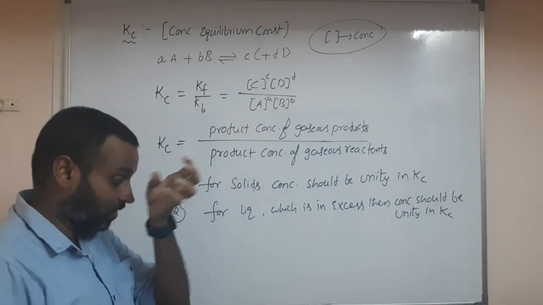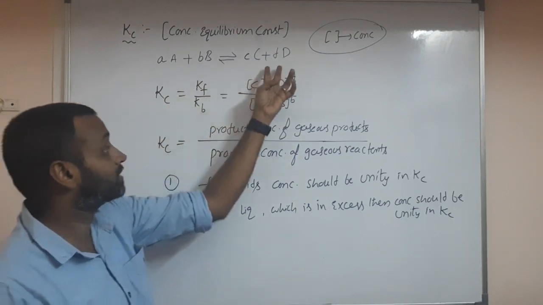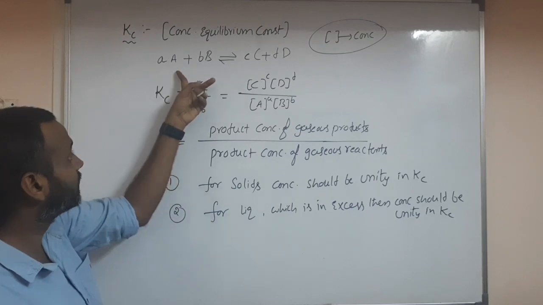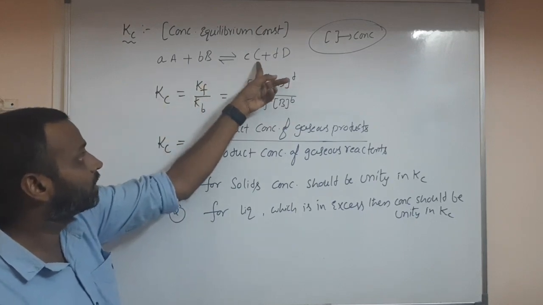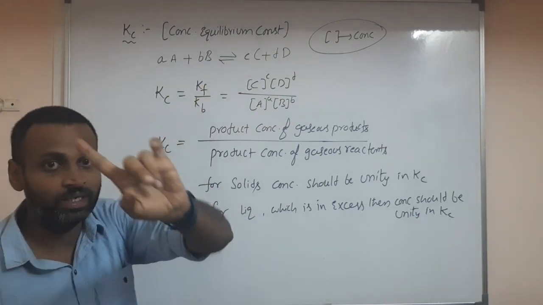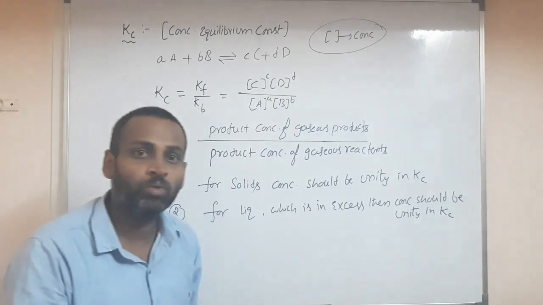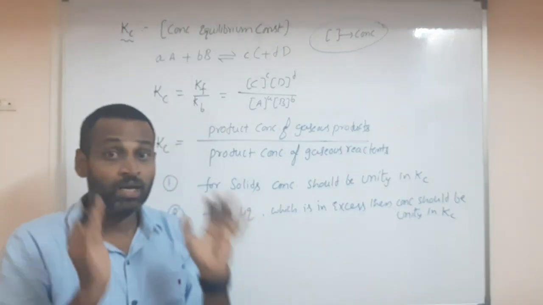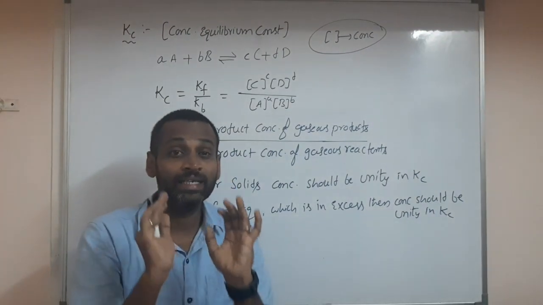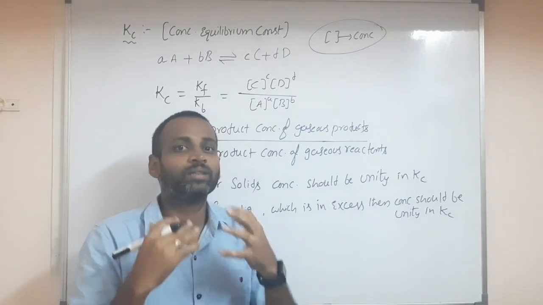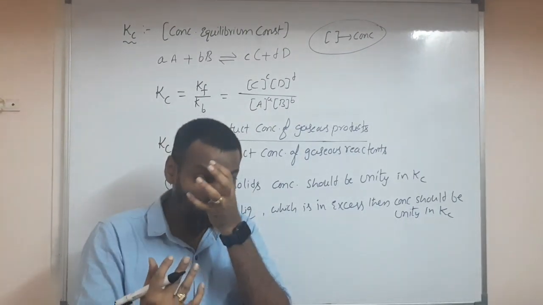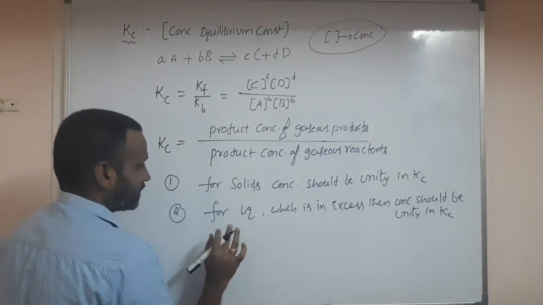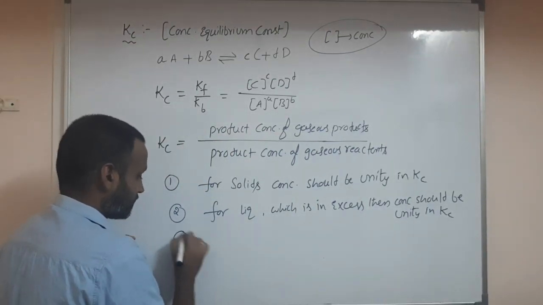So for gaseous reactants and gaseous products only we will take concentrations in Kc. If any solid is there as a reactant or product, we take it as unity. They cannot affect the rate of reaction because solids are highly rigid. Third, last and final: